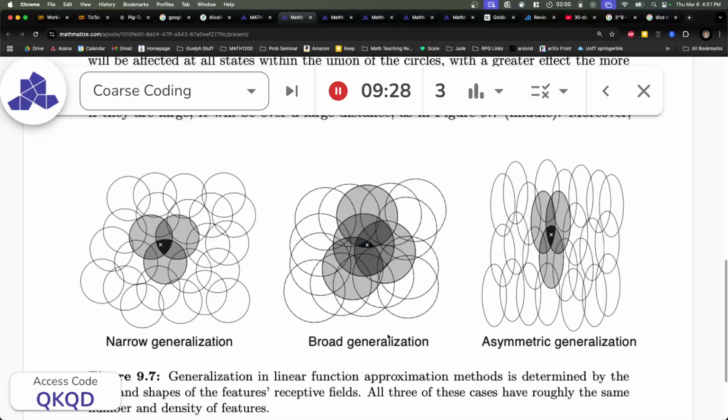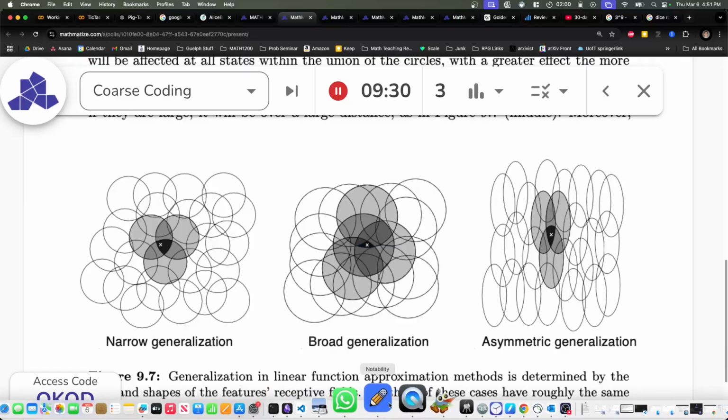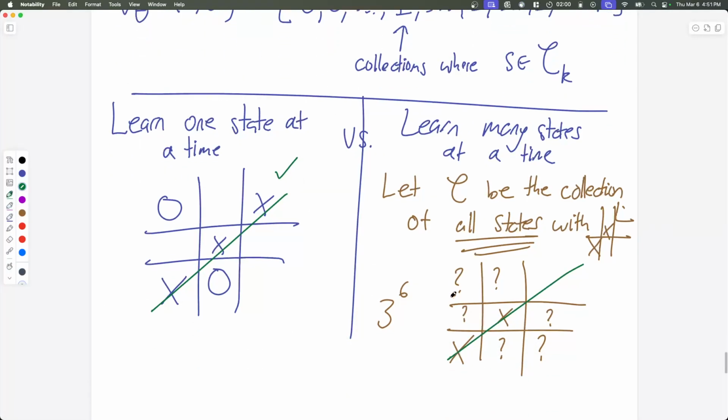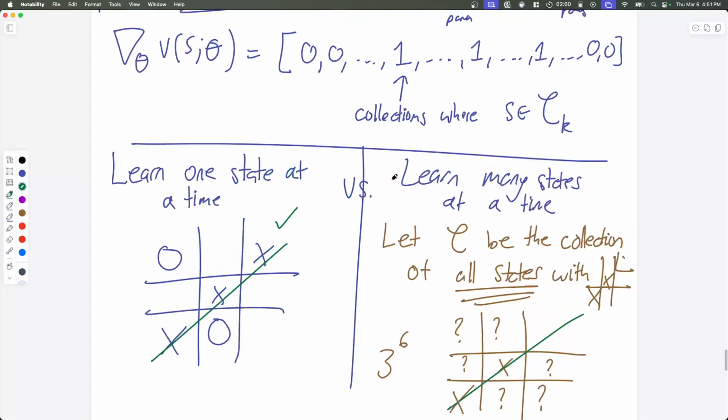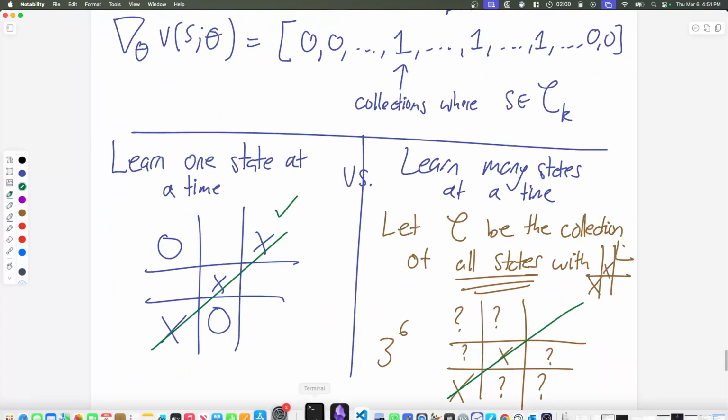Okay, so let me tell you what I did. I did this exact situation with this exact example in the Tic-Tac-Toe. So I made collections that look literally like this kind of collection. And I'm going to show you how it worked and how it worked in the Monte Carlo. Oh, maybe one thing that I didn't quite say. Maybe I should, okay, I'll just bring up the